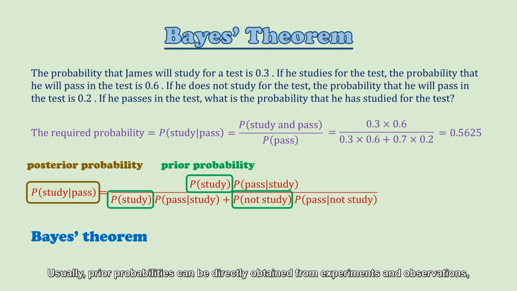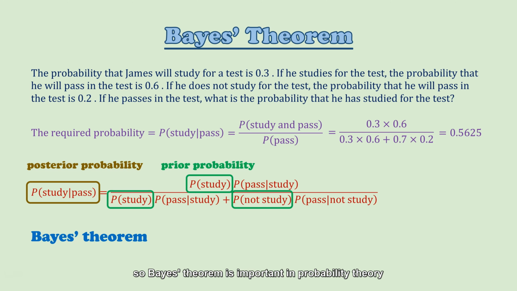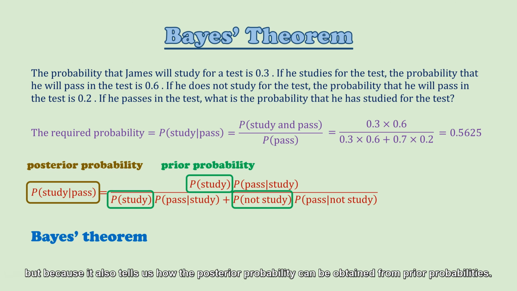Usually, prior probabilities can be directly obtained from experiments and observations. But for posterior probabilities, we may not be able to obtain them directly. So, Bayes' theorem is important in probability theory not only because it tells us how P(study | pass) and P(pass | study) are related, but because it also tells us how the posterior probability can be